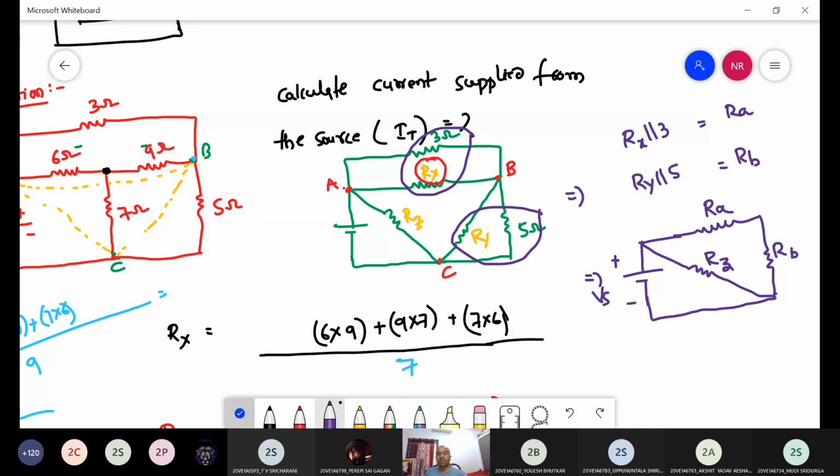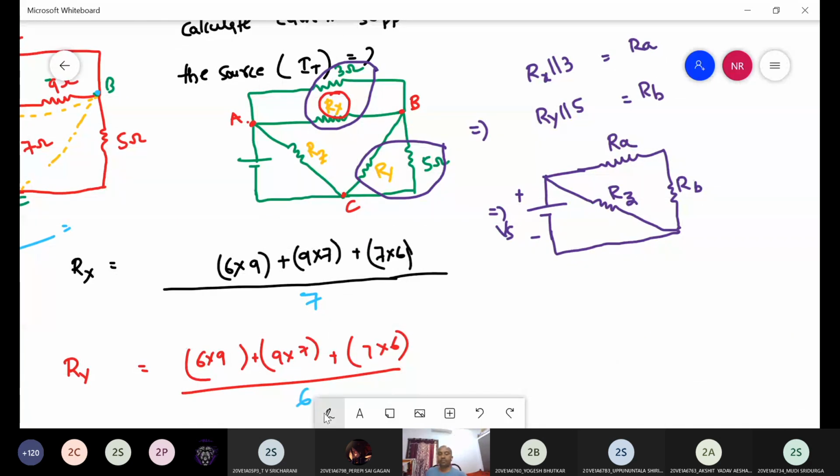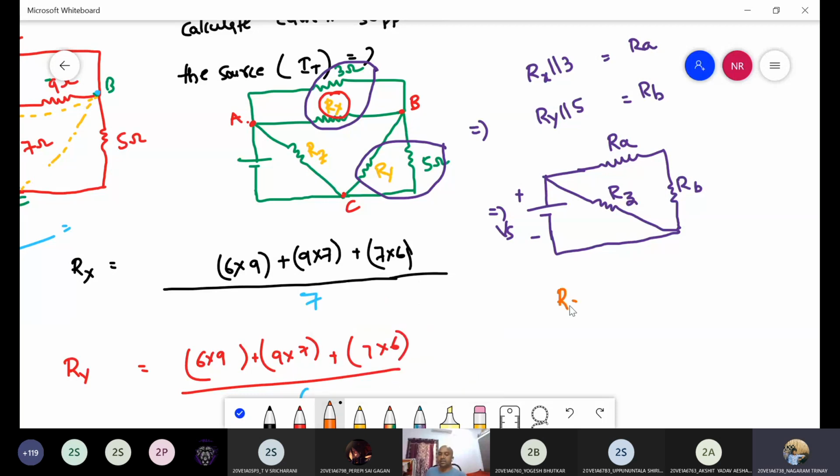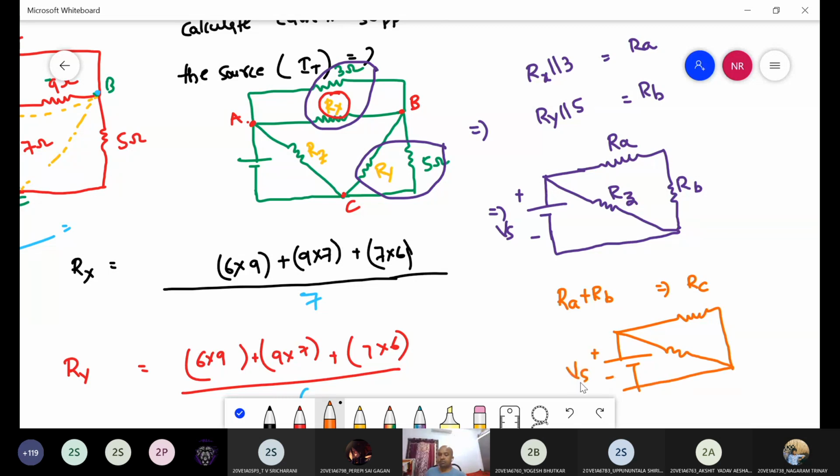Can you tell me the next possible combination here? Ra and Rb in series. So Ra plus Rb, that is equal to Rc, right? Then I'm drawing the next level circuit. So here it is Vs, here it is